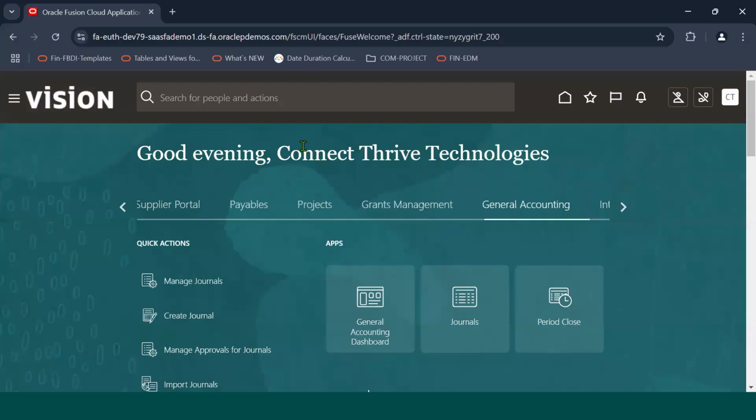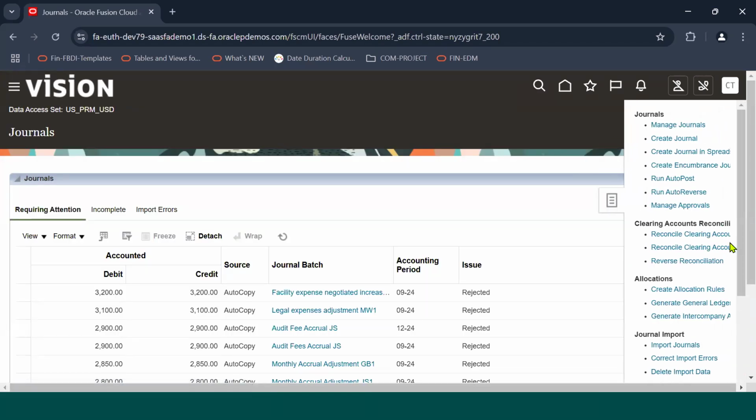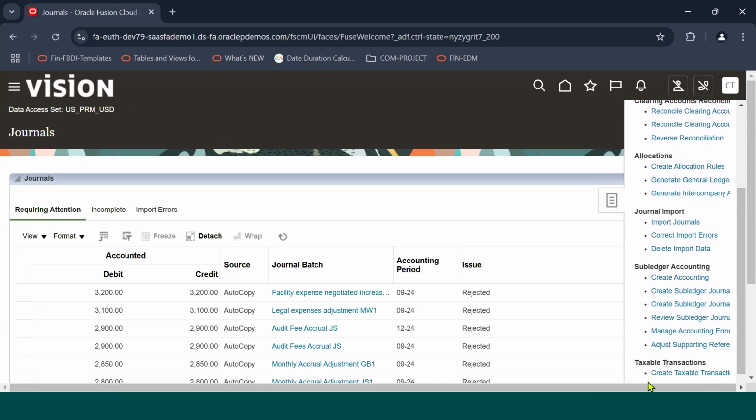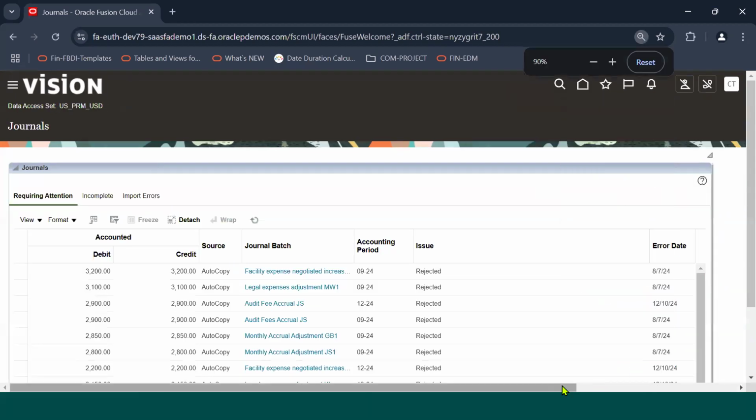Once we log in to the application, yes, we have an option to directly create any subledger related transaction in the GL module. It could be AP or PPM, any project accounting module, or any adjustment entry for costing, or AR module or AP module, anything. So we have an option to create a subledger entry directly from the GL module. Go to General Accounting, click on Journals. I'll show you where we can create it. Go to the task pane, and if you come down,